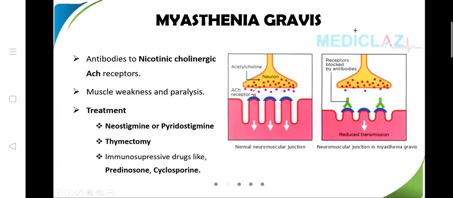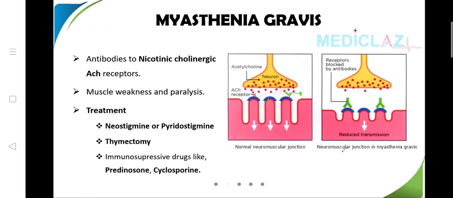Okay, this is the acetylcholine receptor. The acetylcholine will come and attach here. But what is happening is that autoantibodies are formed in the person. So a different antibody is formed, and this antibody will come and bind to the acetylcholine receptor. Now what will happen? The acetylcholine cannot bind here because something else has already come and occupied the seat. If acetylcholine cannot bind, what will happen? There will be no sodium influx, no depolarization, no transmission of impulse, no contraction.